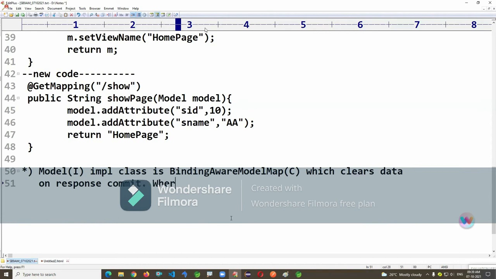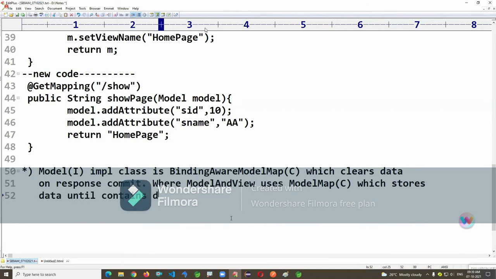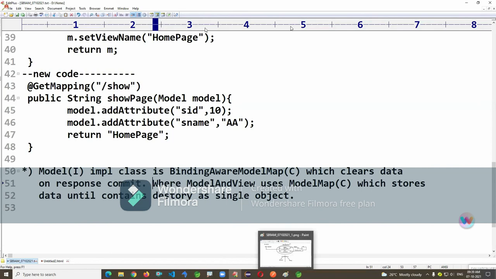Whereas ModelAndView uses ModelMap, which stores data until the container is destroyed, as a single object. It's shared memory, like a single memory. It's for the request and response concept. In simple terms, it's a matter of performance: clear the memory once usage is done. ModelMap is not going to clear the memory; it stores the data until you nullify the data or set the reference to null.